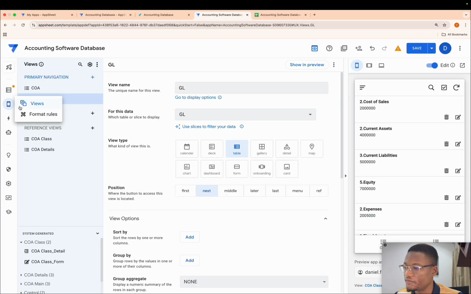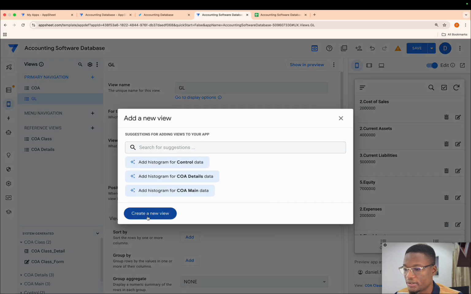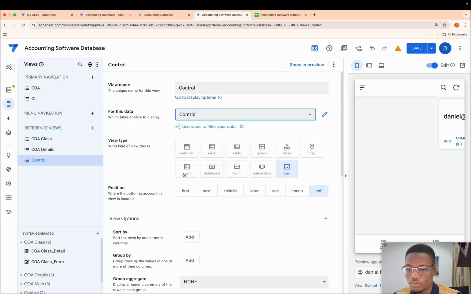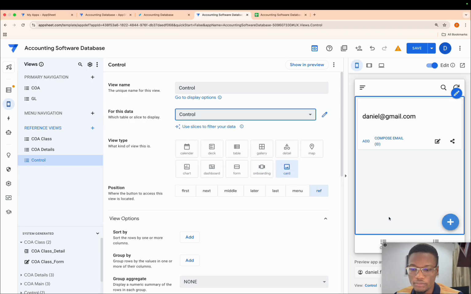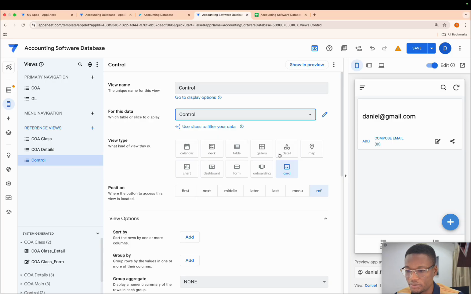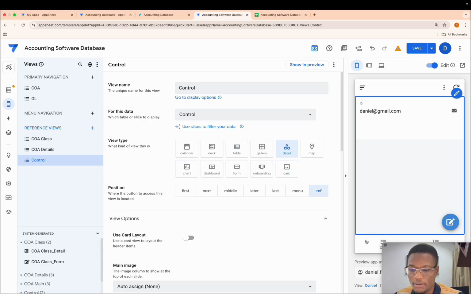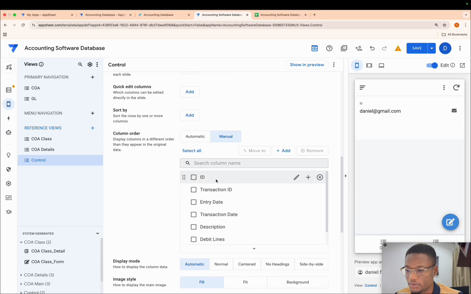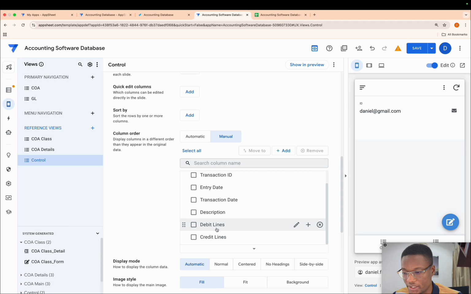So I'm going to click views, plus, ref view. I'm going to call this control. On the control table, we are not creating, we want a detail view. Good. Now over here, when you come to manual, we have ID, transaction ID, entry date, transaction date, description, debit lines, credit lines.